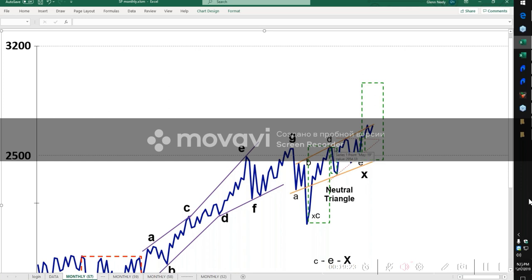So I took the length on another chart. I took the length of wave B, which is this move right here. This is the minimum required advance to help confirm that we really are starting a new trend. And I took that amount and I added it to the end of wave E. If we add it here, you can see it just reached the minimum target and a little bit extra, and